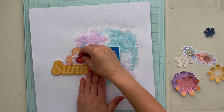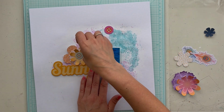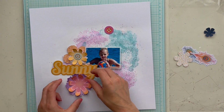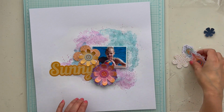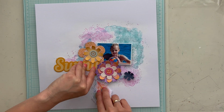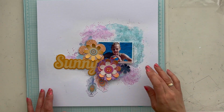I start decorating my scrapbook page with all the beautiful die-cut flowers from the embellishment kit from the HipKit July kit, and the beautiful summer sunny puffy title. I love these big titles, and this is a puffy shaped title, sunny, and I definitely want to use this title for my layout, and my title will be